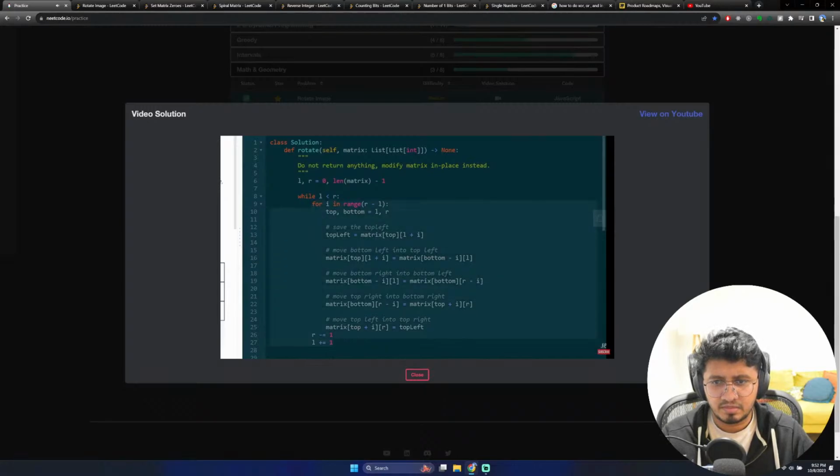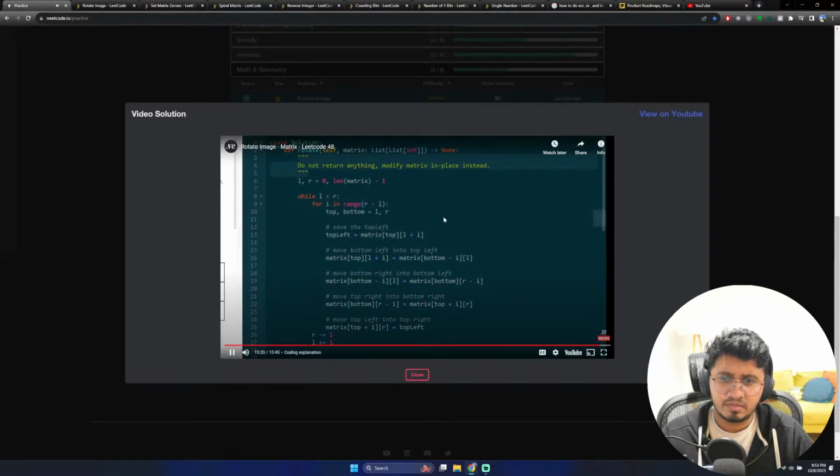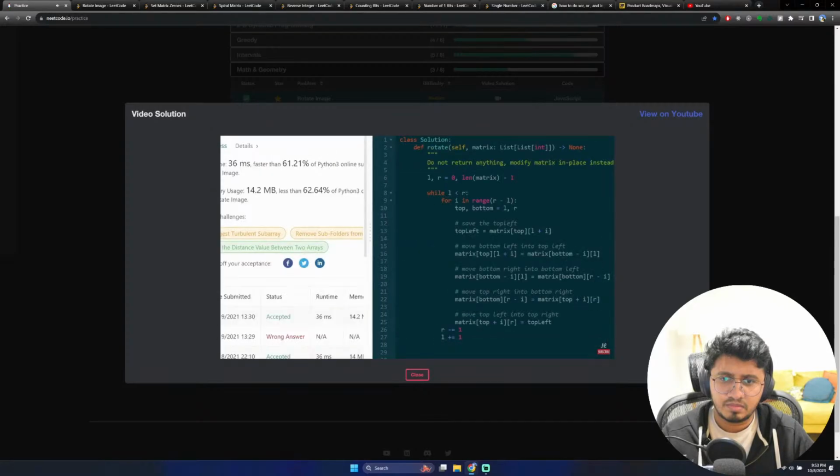So it's going to complete every single layer. Once every layer has been completed, our loop will stop, and we are not required to return anything. Like it just says over here, we're doing this in place inside of our matrix. So we don't return anything. This code is good to go. And as you can see,